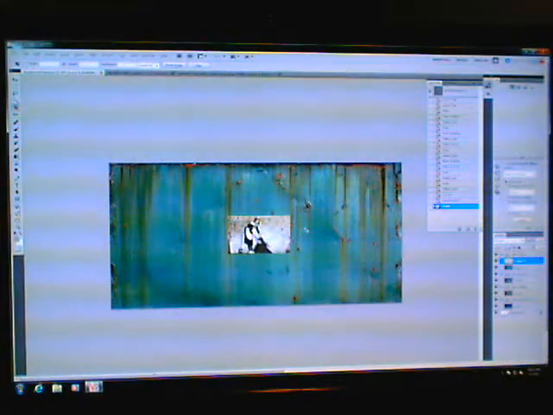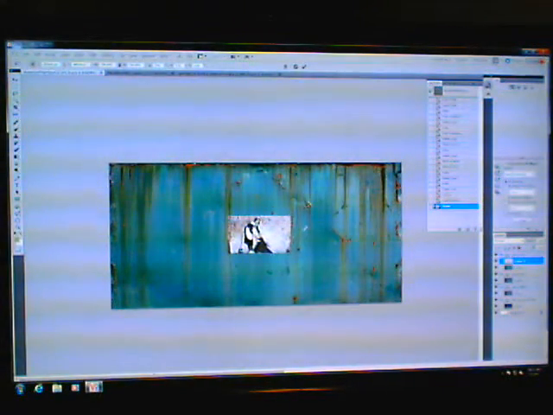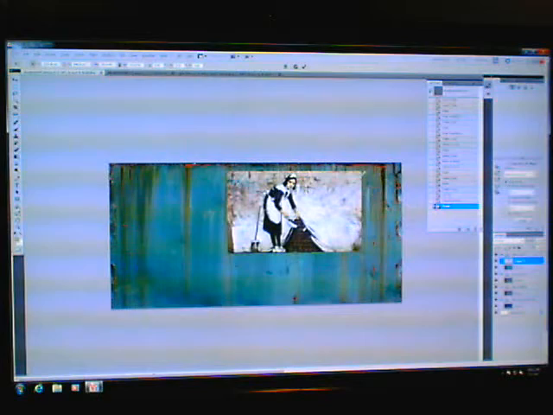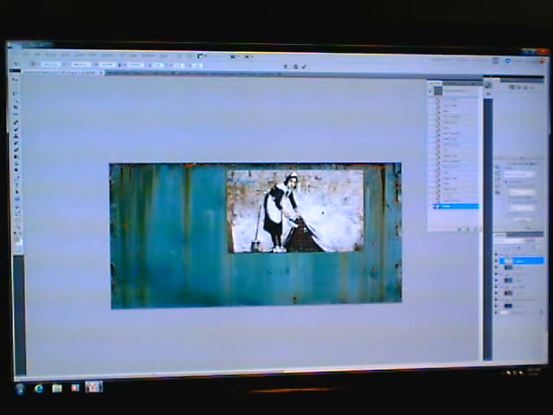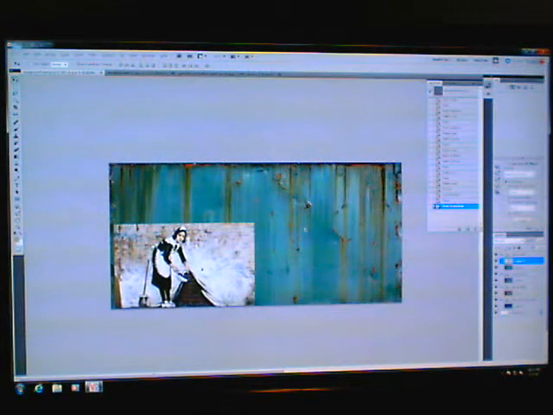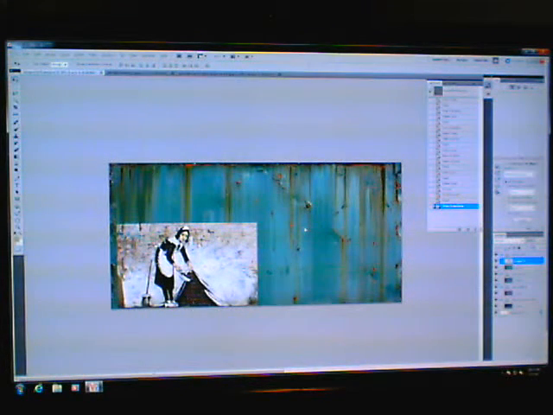Now you can see it's quite a bit smaller. So Control-T, scale this up. Now we're losing resolution here, but that's fine for the moment. And then just kind of put this over here for the moment. Now,